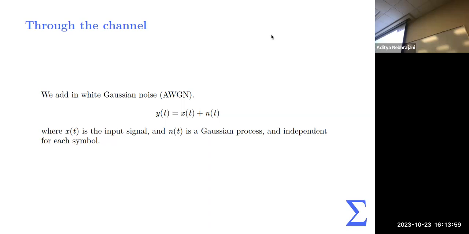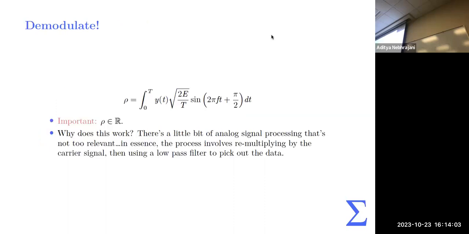But this is a very, very useful model because there's a very simple description of it. Let's talk about demodulation before we simplify this whole thing. This looks really, really bad, but really all this is saying is it's doing a little bit of analog signal processing. So all it's doing is it takes the signal you get on the input of the demodulator, multiplies that again